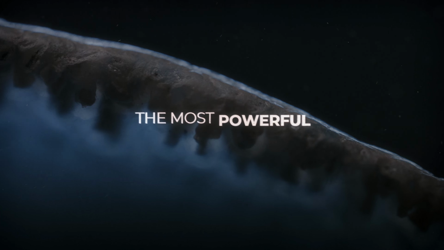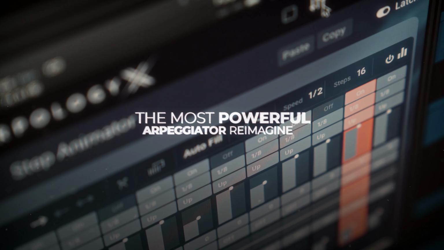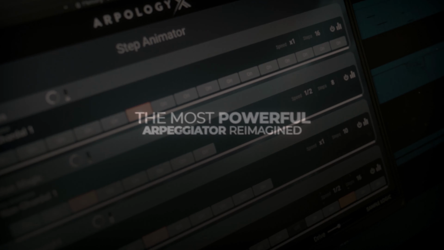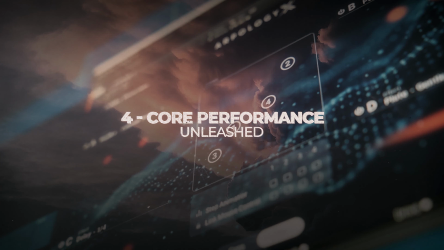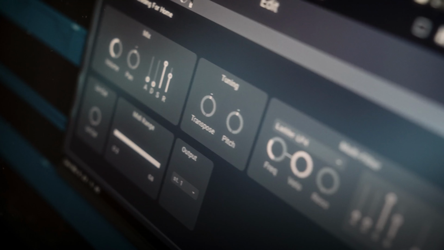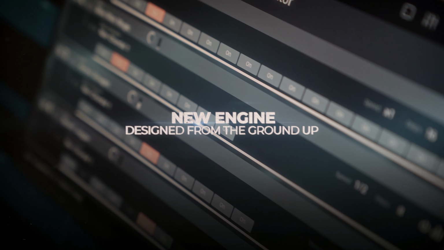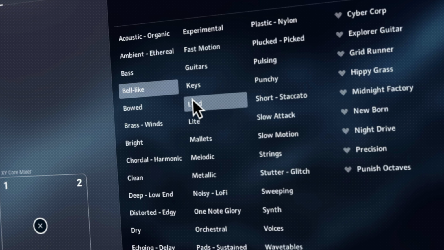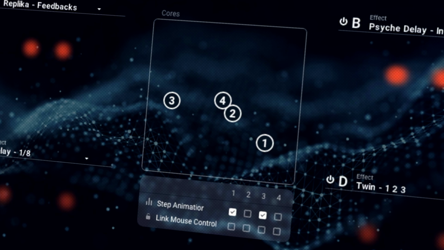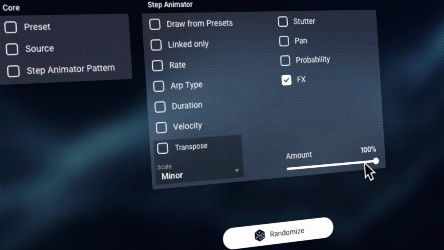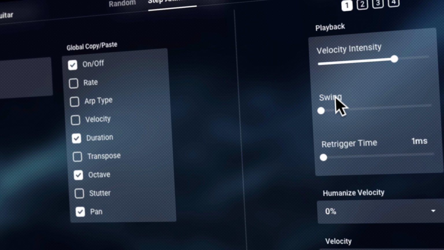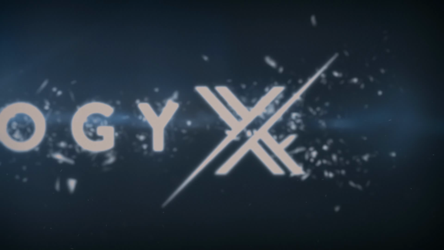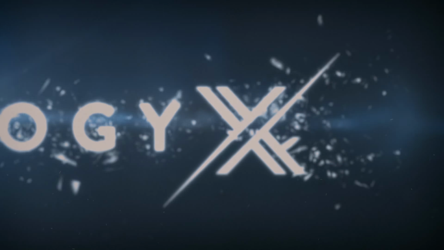If you've used Sample Logic libraries before, you'll be somewhat familiar with the broad ideas behind Arpology X: 4-core mixing, step animation and flexible sound shaping. But Arpology X brings some brand new ideas to the table, being developed in a new Kontakt engine from the ground up. That includes in-browser core auditioning, a brand new dual-module XY pad, hot swappable effects, improved randomization filters, and updated settings menus. So here I'll be taking a speedy tour through these unique features of this inspiring arpeggio-based library.